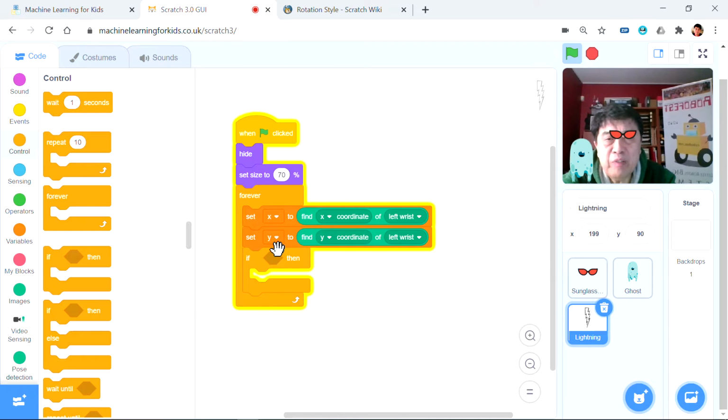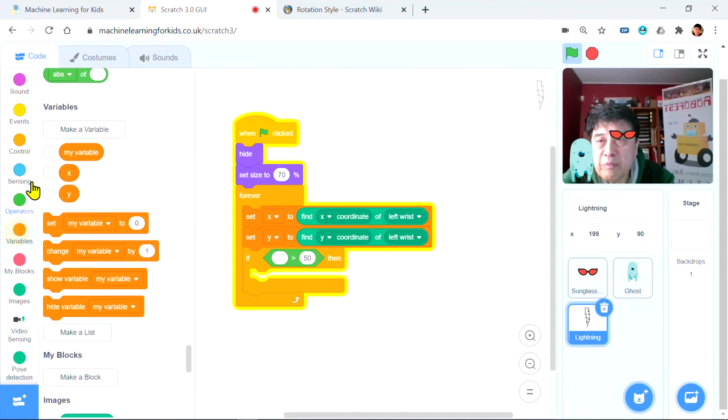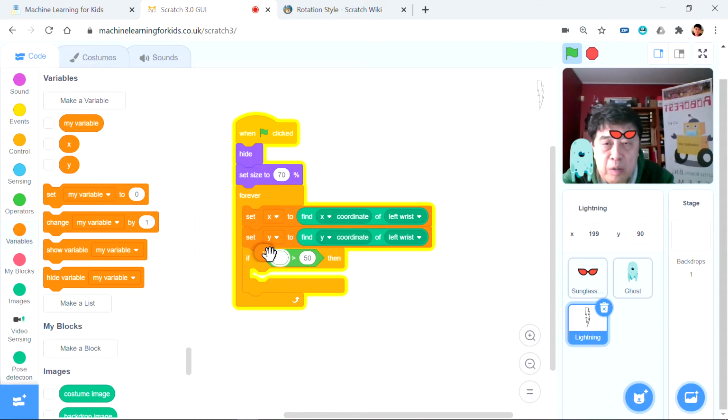If y value is greater than, I should say, 0, then it's like my hand is on the top. So the operator greater than, if y value is greater than 0,